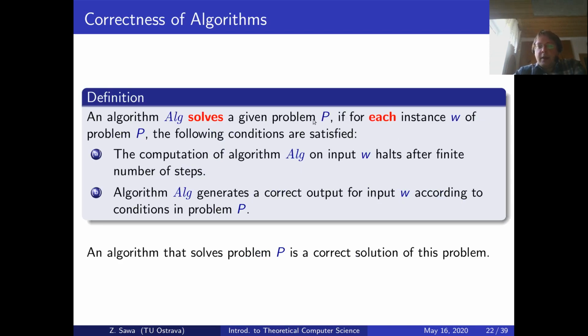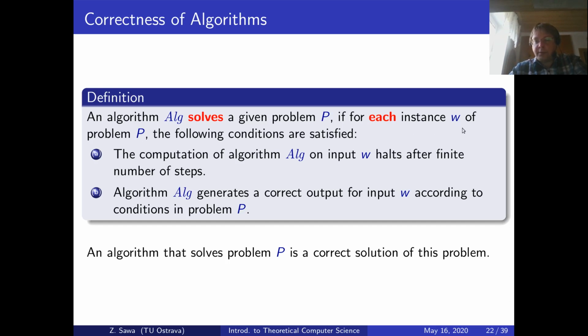The given algorithm solves the given problem if for each possible instance w that is allowed according to the specification in the problem P, it should be the case that when the algorithm runs on the given instance w,